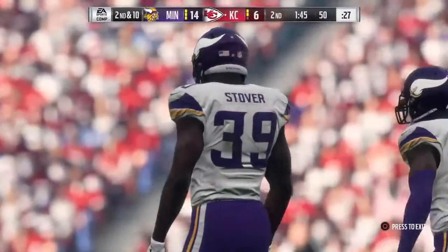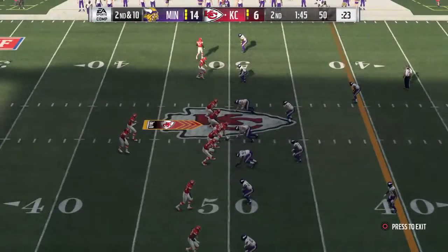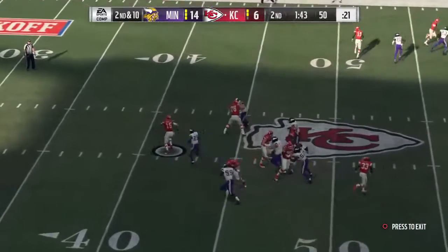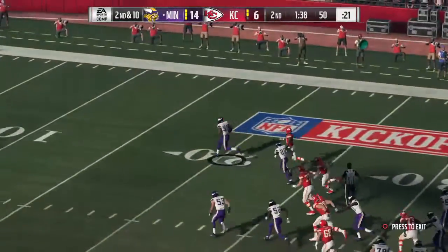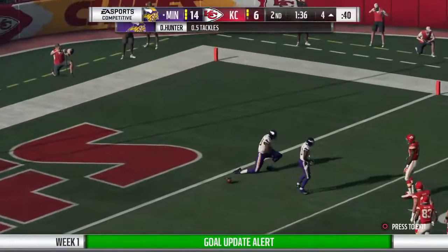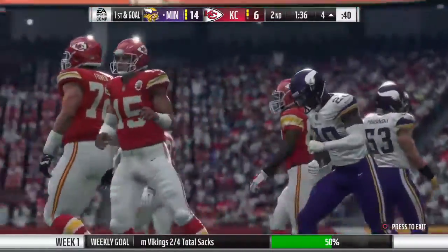So incomplete on first. Let's see what second down has in store. From the gun, it's Mahomes. Mahomes hit. He lost the football. And the Vikings pick up the football. Past the 20, 10, 5. And they will finally bring this run back to an end, but not before he's down inside the 5-yard line